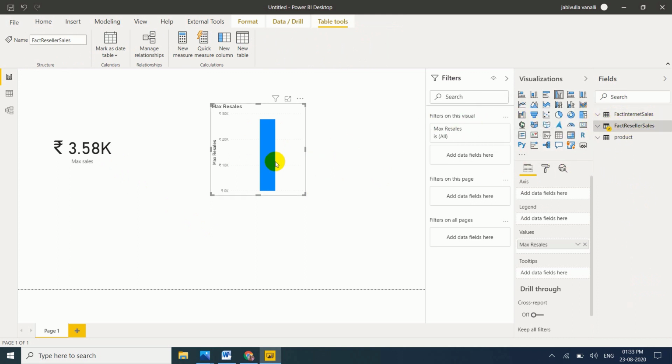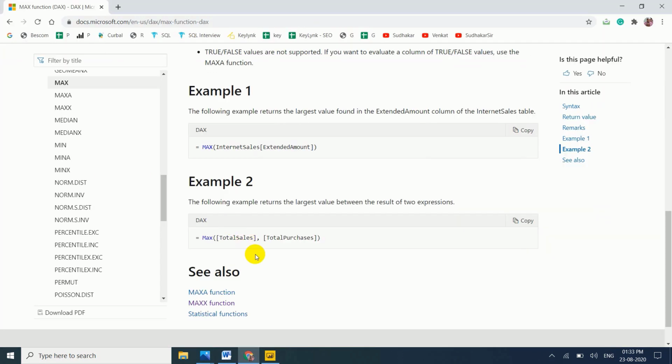Now I want to compare which one is maximum. That is the second scenario, right?